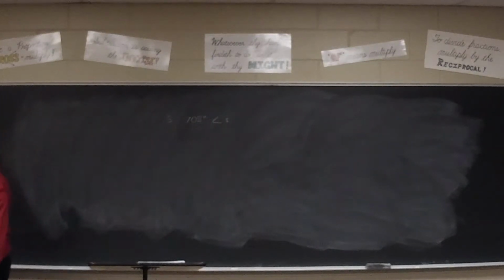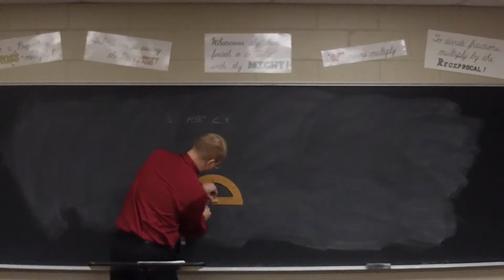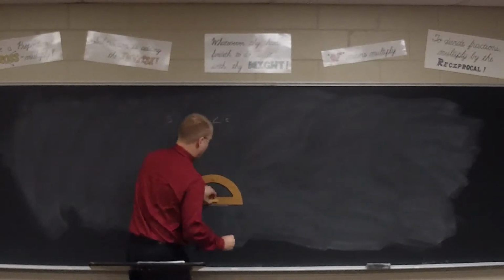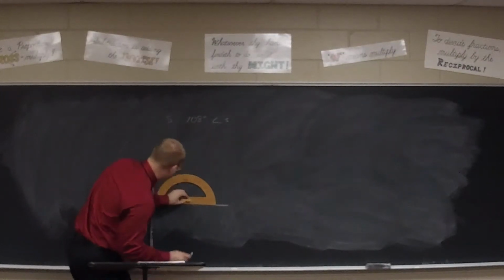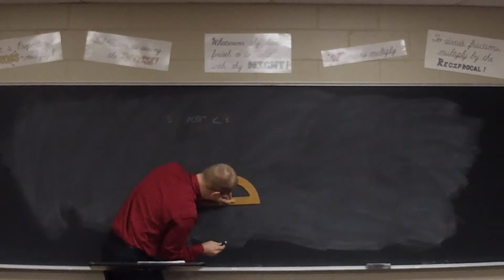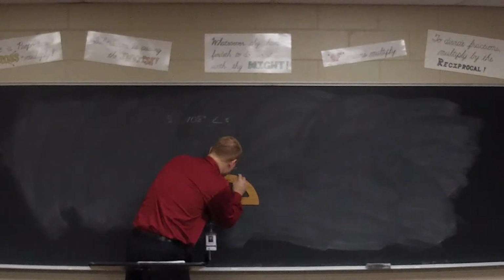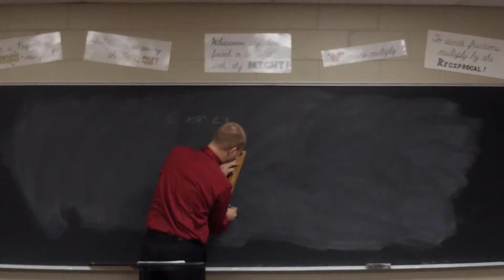So one way in which we could draw a regular pentagon would be to draw a line, and at one end of the line, make a 108 degree angle, 108. And at the other end of the line, make a 108 degree angle, 108. And draw the sides nice and